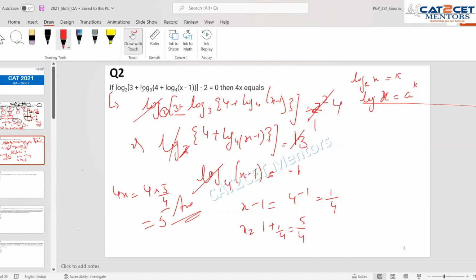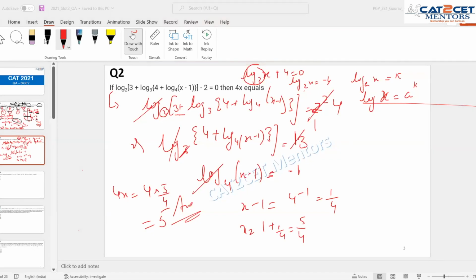So see, this is like log x, this 2 plus 4 equals to 0. We can't eliminate this log 2. We need to make sure that this log is on the complete LHS. For that, we need to send this 4 to the right hand side. Now we can eliminate this log using 2 raised to power minus 4. Second step or repeat. Okay, then I am doing it again.